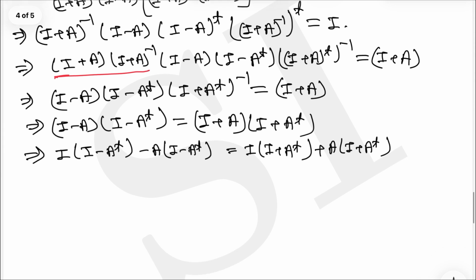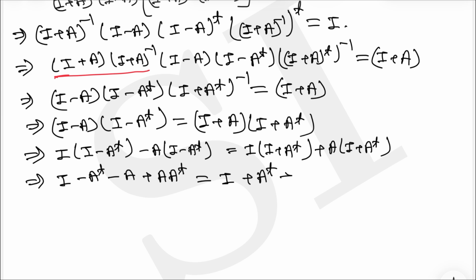So this is I minus A transpose minus A plus A into A transpose, and this one is I plus A transpose plus A into A transpose. Now just look here, I minus I cancel, A transpose and A transpose terms cancel, so finally we get